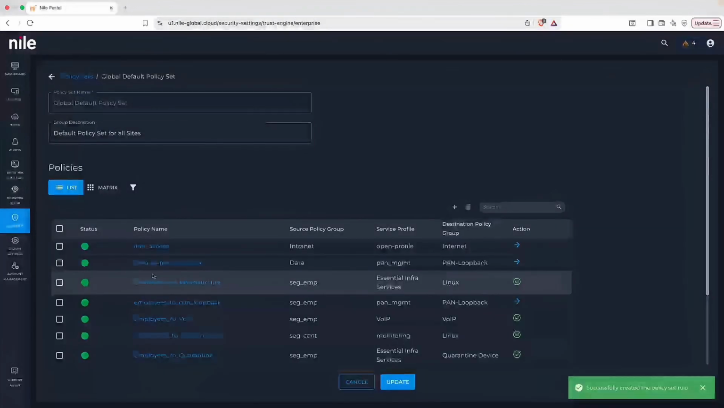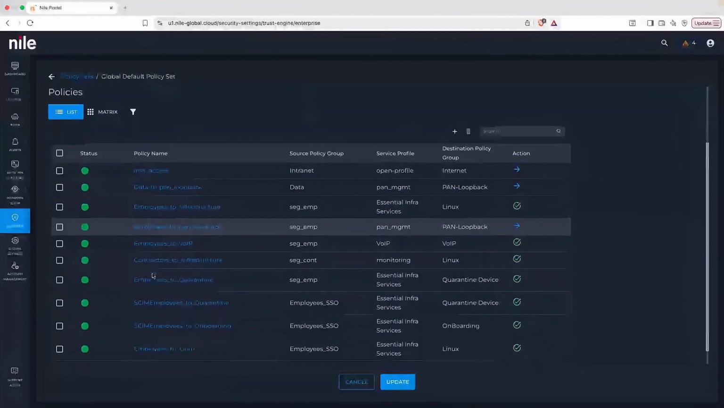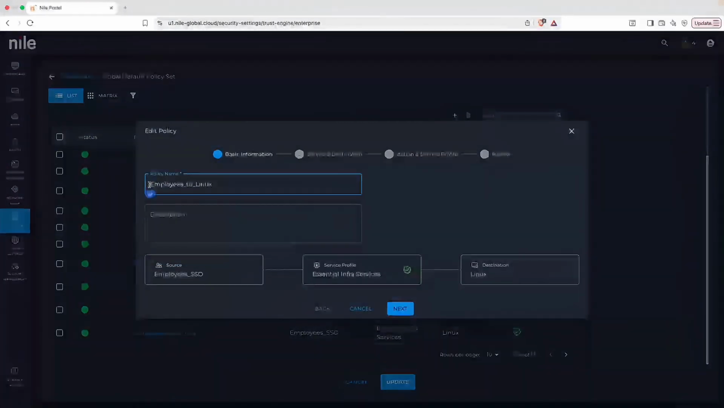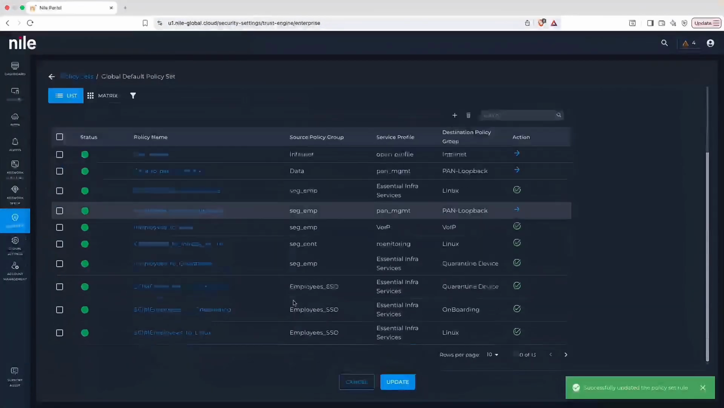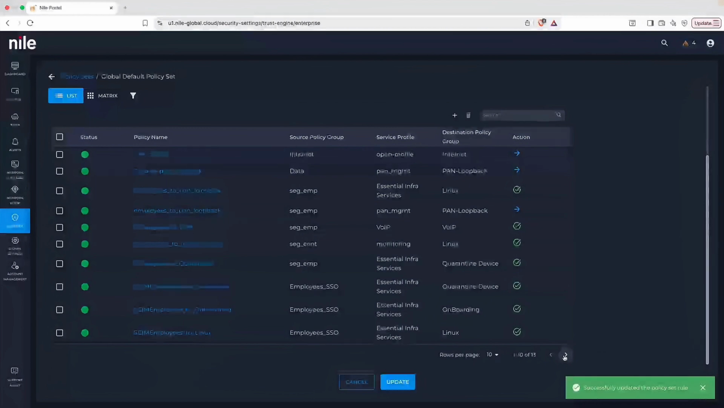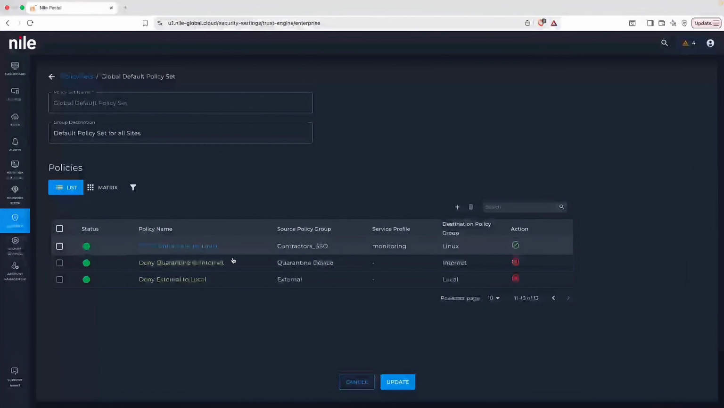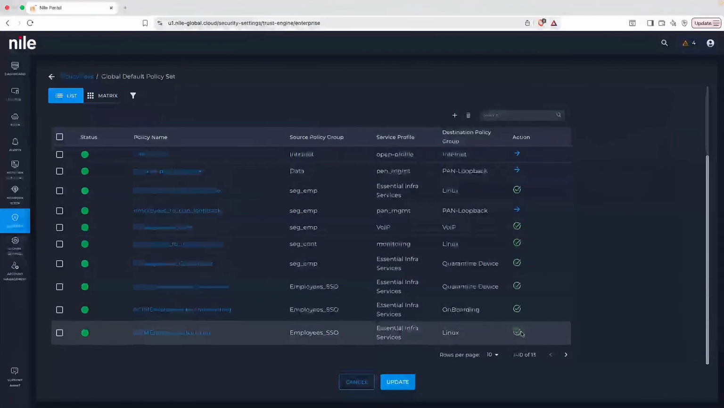Create that policy. I need to just go back and fix the name of my previous policy that I created. Instead of employees to Linux, it will be just so it is consistent. As you can see, they both have green check mark, which means all the traffic is getting processed within the